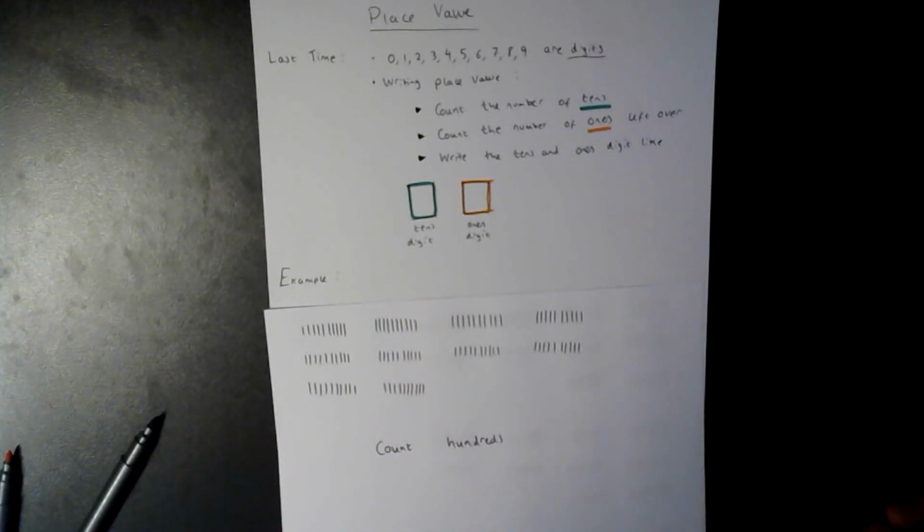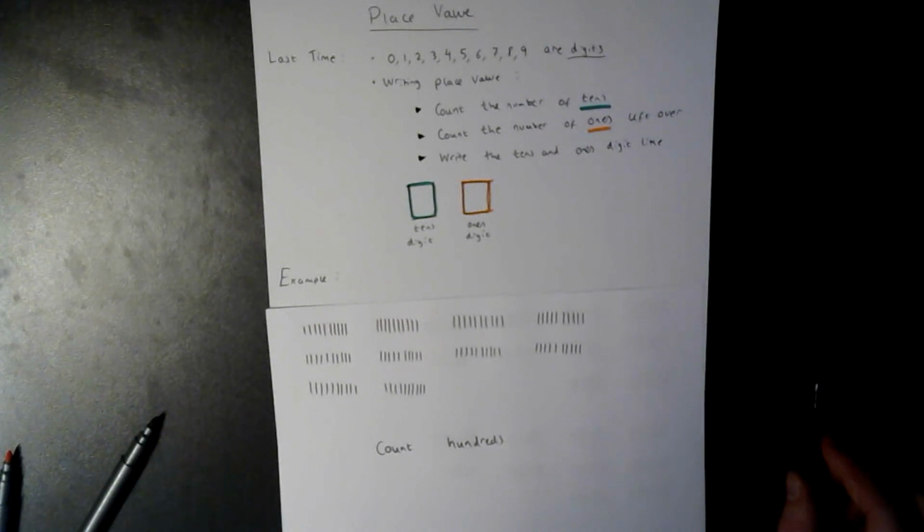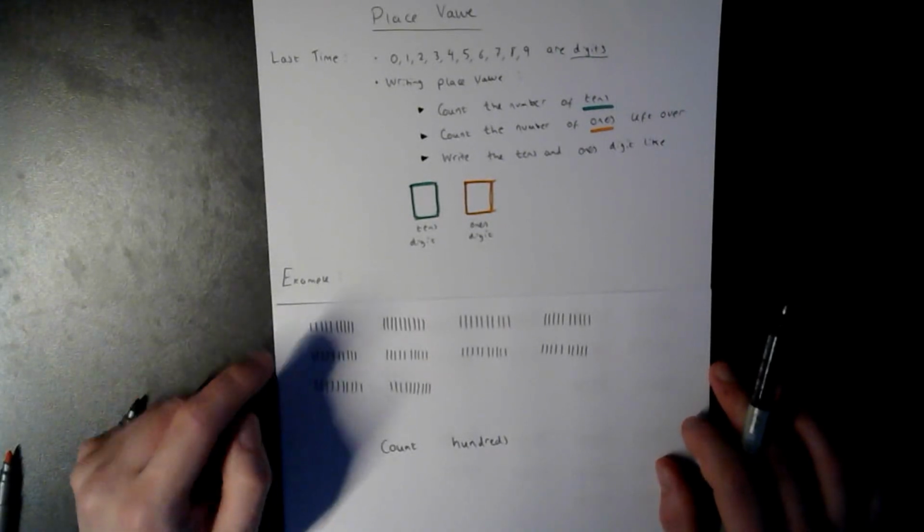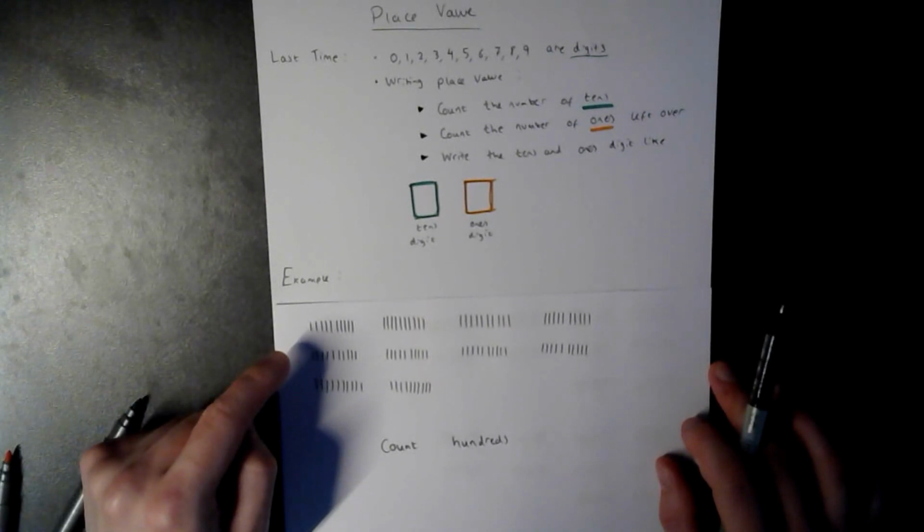And how can we do that? Well, a quick way of doing that is to count up in tens. So if you count along with me, how many tens we have, or what we get to,